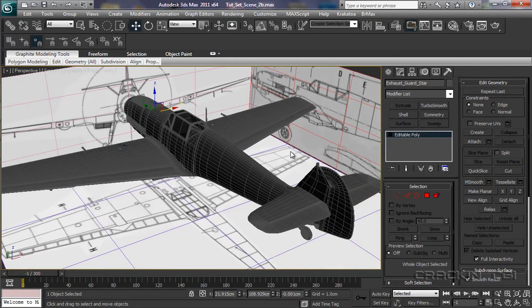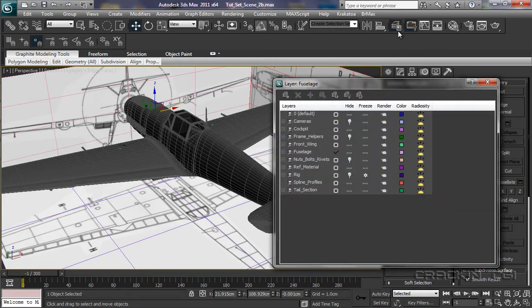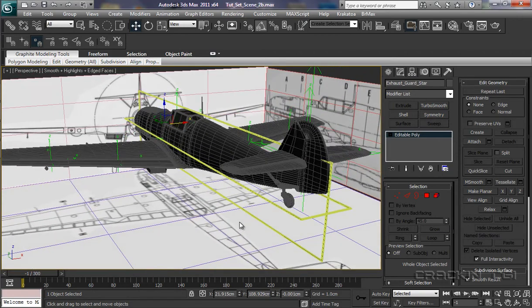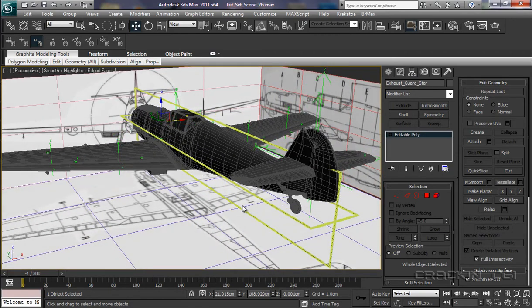So what's it all for? Well, when it comes to rigging, let me just unhide things. Now don't worry, because we are going to go through all of this. I'll show you how it's all created. Let's just unfreeze that and unfreeze this. Now you'll see that there's quite a few things which suddenly appeared, and this is all to do with our